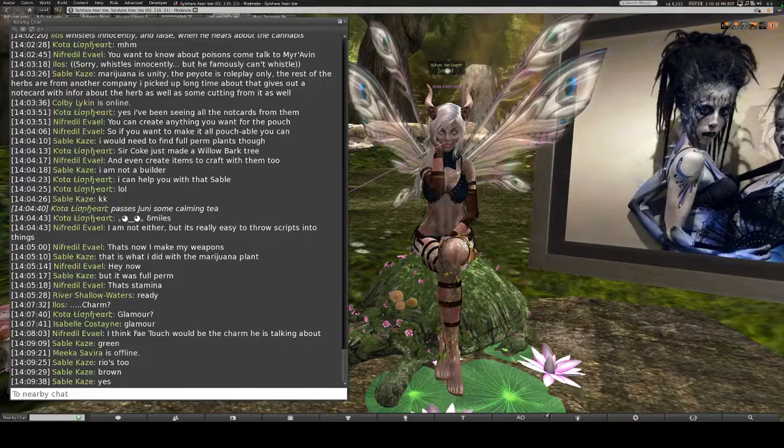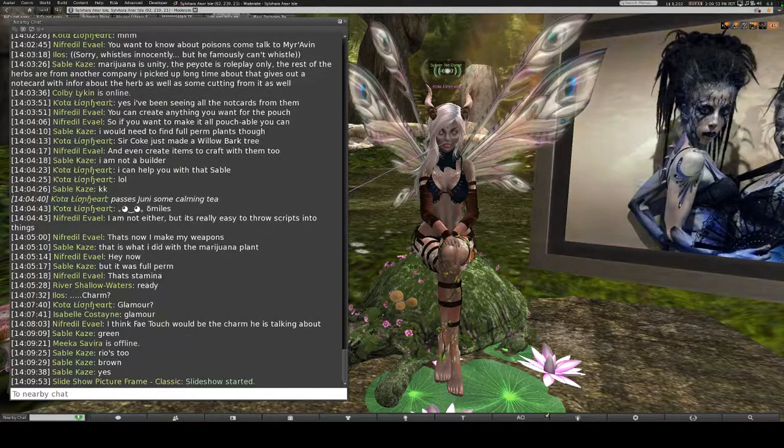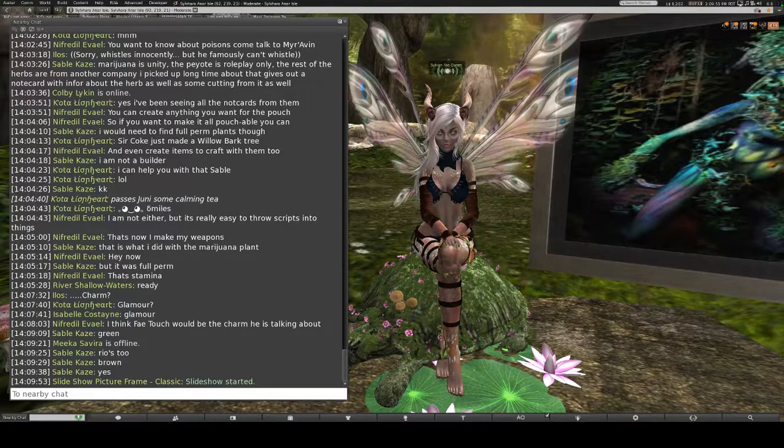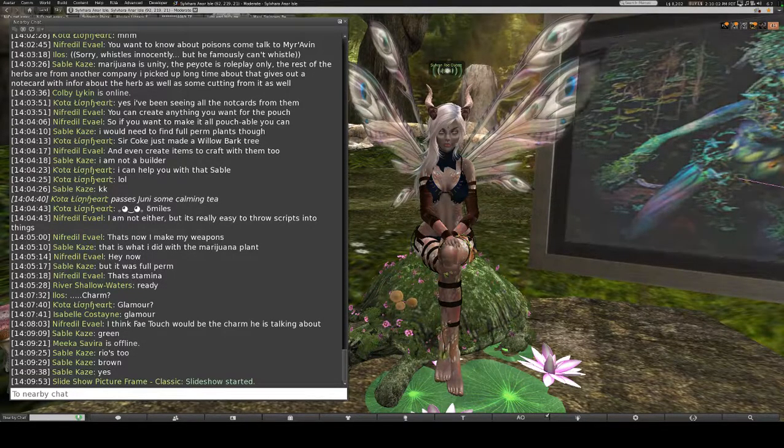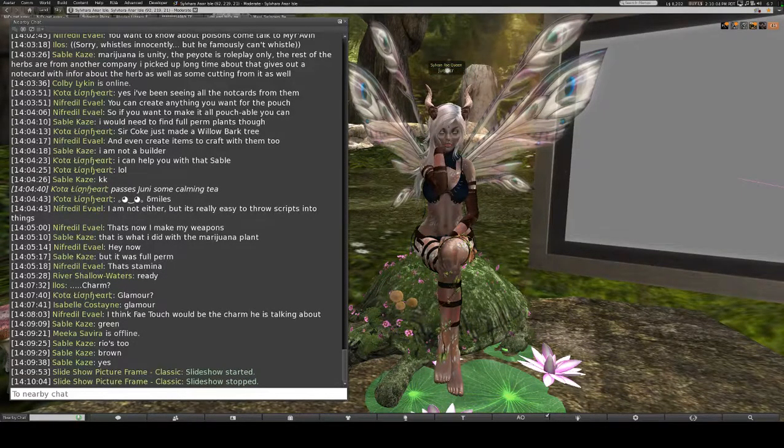We can also glamour ourselves to look like other humanoids, such as elf, drow, or human, just to name a few. And I have a slideshow right back here that kind of gives you an idea of the different looks a Fae could do. These are more of a fantasy type look if you're watching them. I'm gonna pause it right there.